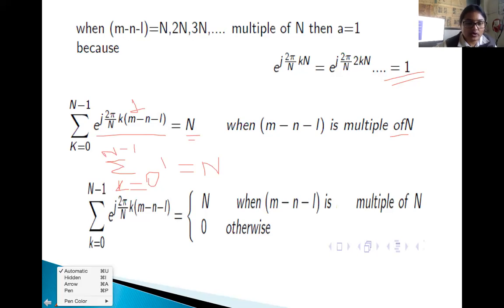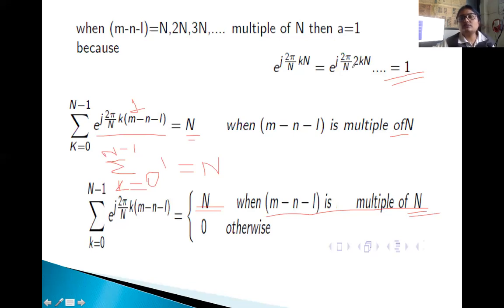This is very important. This is equal to 1 when m minus n minus l is a multiple of n. Only when this happens do you get the ultimate conversion of this exponential to the value of